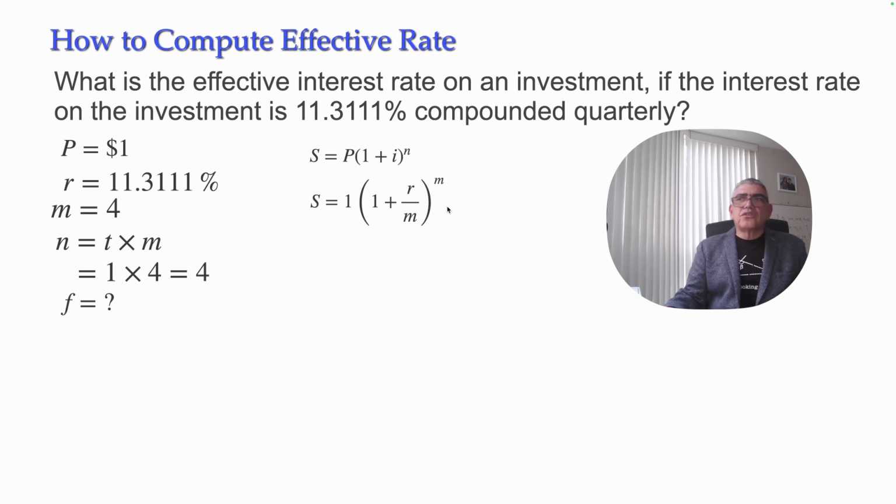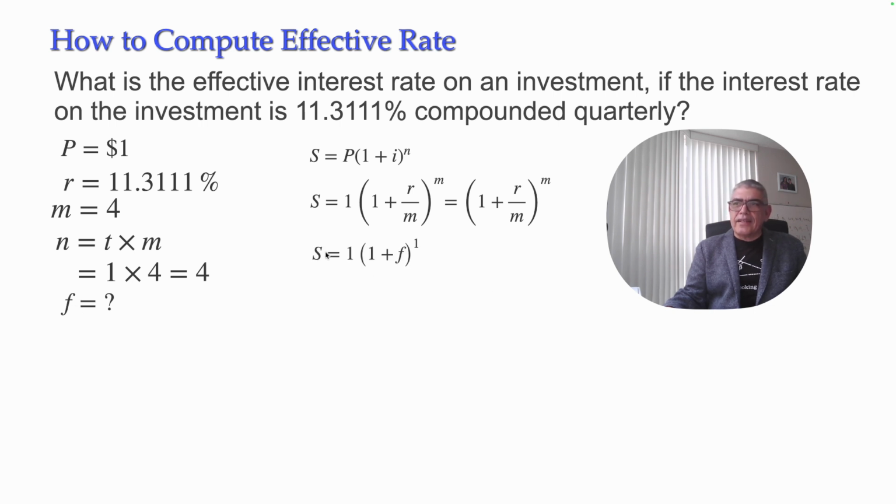So this is actually (1 + r/m)^m. The future value formula reduces to this factor, (1 + r/m)^m, if we invest $1 for 1 year. And now if we invest $1 for 1 year, but using the effective rate of interest,